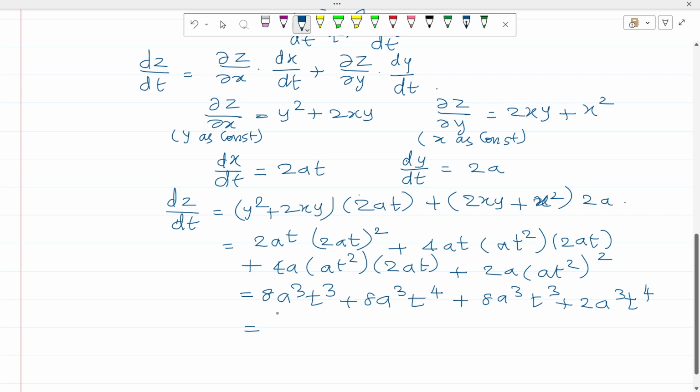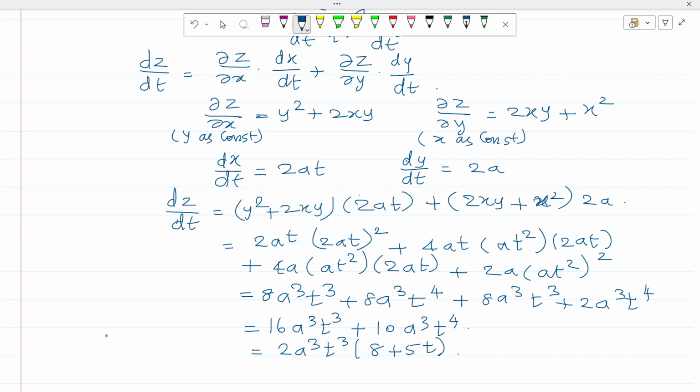So finally we get 8a cube t cube, 8a cube t cube is 16a cube t cube, and then 8 plus 2, 10a cube t power 4. So that is 2a cube t cube, take it outside, 8 plus 5t, that is the value of